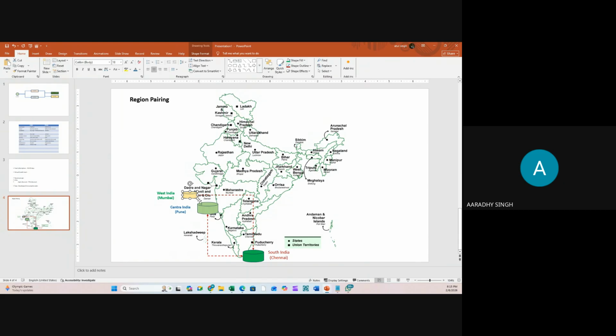To avoid the downtime, as a strategic solution, what they have decided is that backup data will not be maintained near the primary region. So if this is the primary region, backup will be available thousands of kilometers away from the primary, not here. Otherwise, maybe not today, maybe after 10 or 20 years, there's a huge impact of an earthquake and both of the regions will be down. If both regions are down, it means there's a downtime situation. To avoid that, Microsoft is following this strategy.